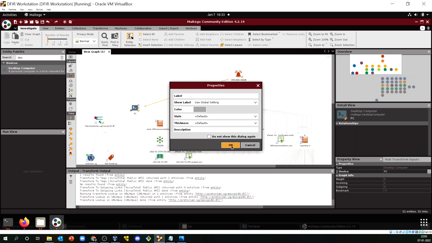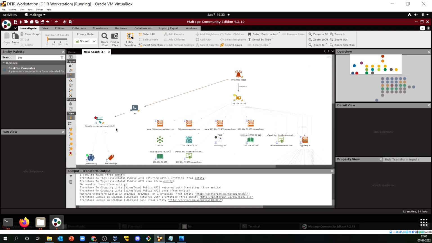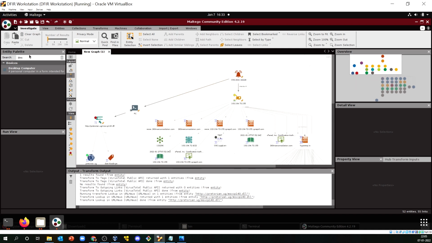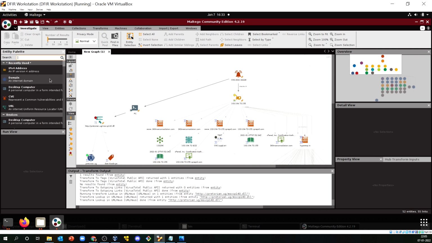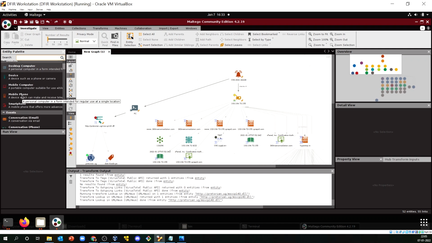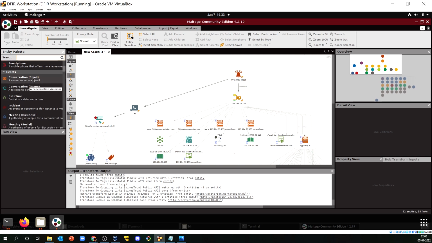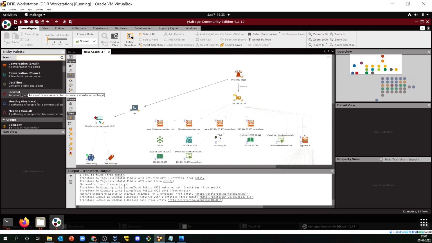Okay, your EDR might have triggered one alert, which has given this particular option. So by doing that you have linked everything. You have linked all of your timelines, and there are a slew of options which you can utilize. So there are options to write down, let's say if you want to analyze any kind of phishing emails, you have conversation email types, date times, and if there is an incident.